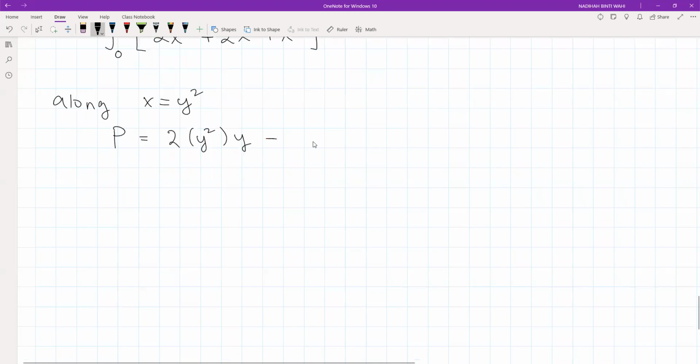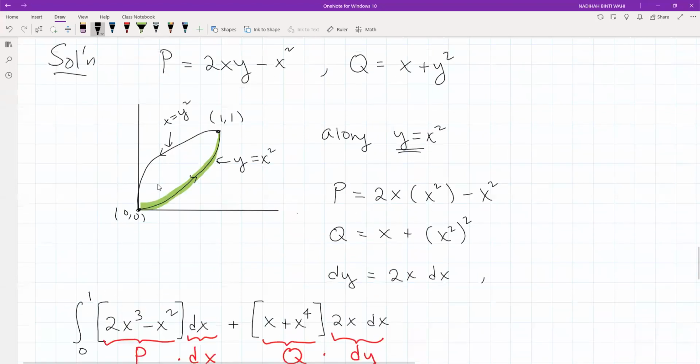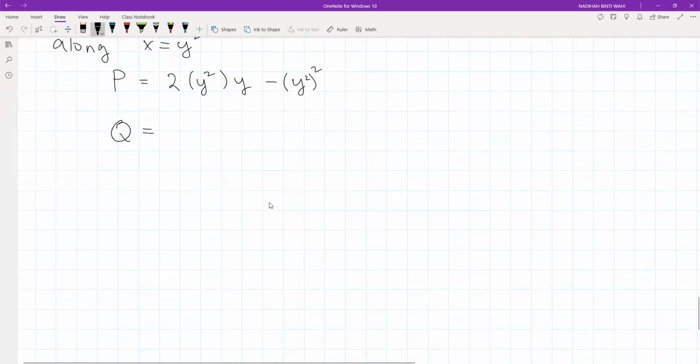So minus x squared is minus y squared. And then Q is what? x plus y squared. So x is y squared plus y squared. Okay, and then you find dx equals to